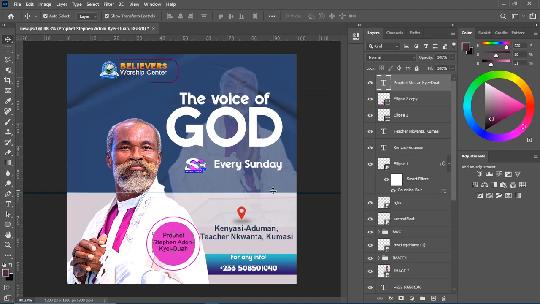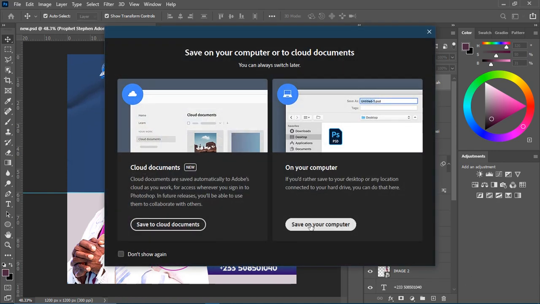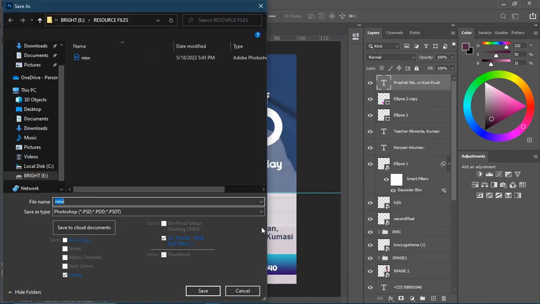Let me save it. Ctrl S to save it. But here it has been saved in a PSD format. So I want to save it in, let me say, JPEG or in a picture form. So I'll hold Ctrl Shift then S, then go to Save As. I want to save it on my computer, so click on my computer, give it a name. Maybe I want to give it